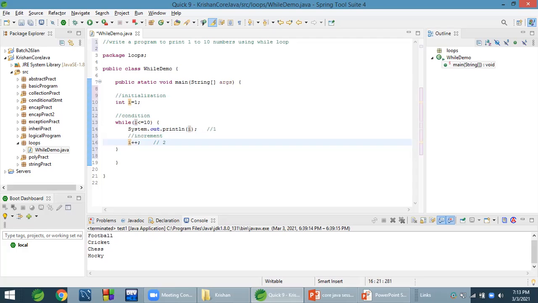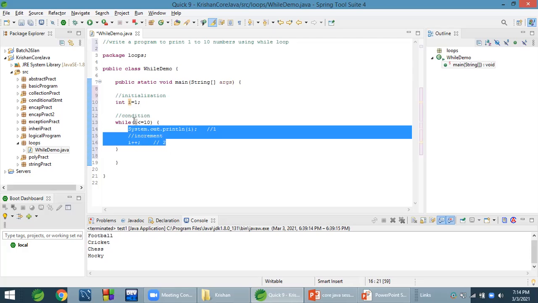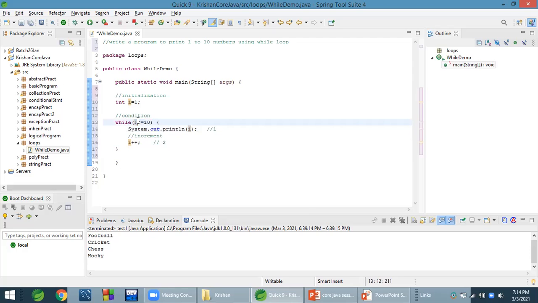Then with i++, i will become 2 and it will go to the condition again, because as I said, till the condition is true it will continue the body. It again goes to this condition and 2 is less than or equal to 10, yes, so it will print 2.